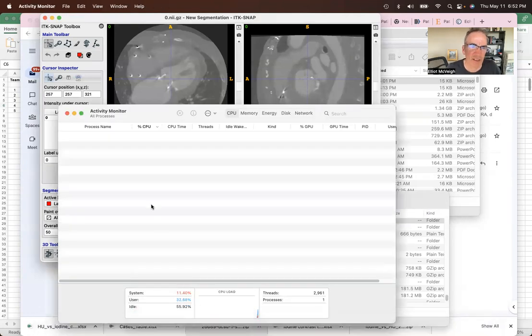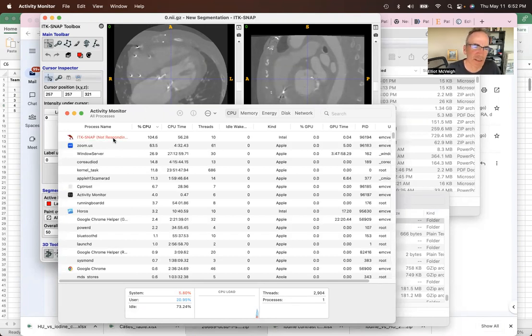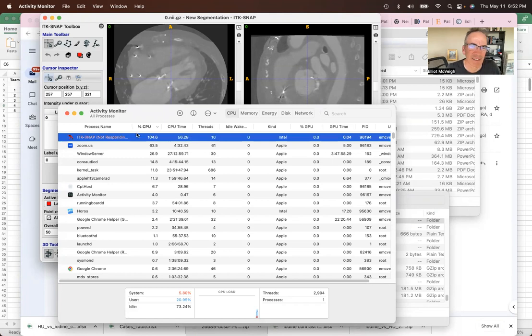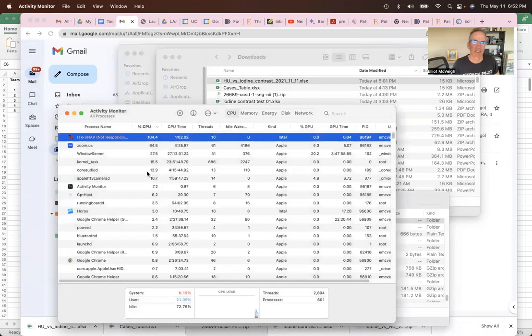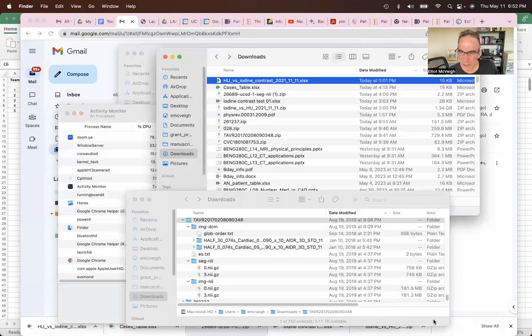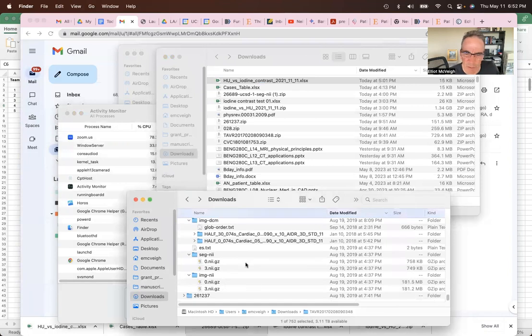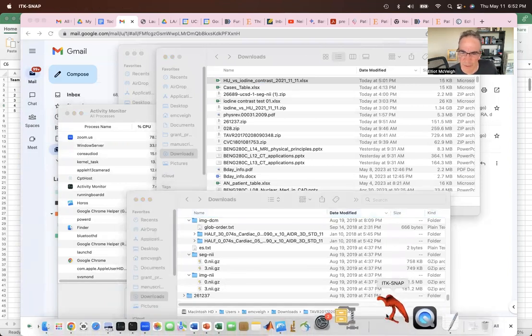This is a good thing to learn how to do, actually. So you bring up your activity monitor. If your software has the wheel of death, it says it's not responding. So we're going to force quit out of there. Okay, and then I'll crash that software. I'm not sure why. I thought I checked these before that they would work. So let me see if maybe that was just an